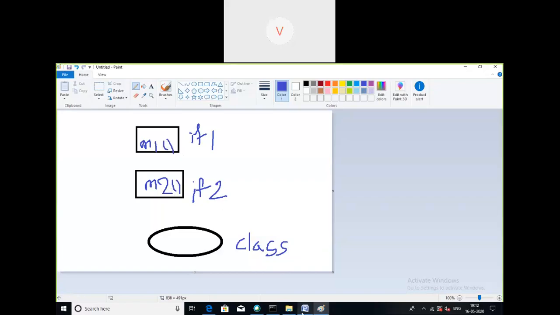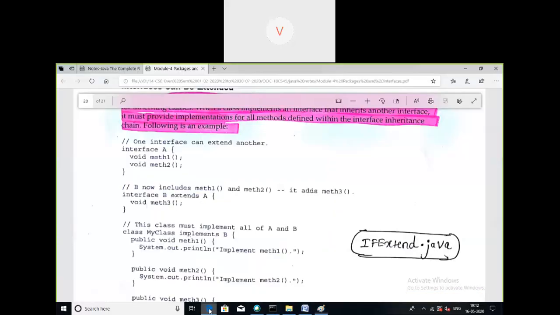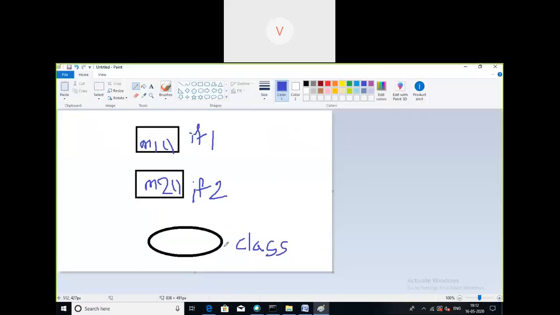As we are studying the concept that interfaces can be extended, it is possible that interface 2 can extend interface 1. That means it can inherit all the properties of interface 1.